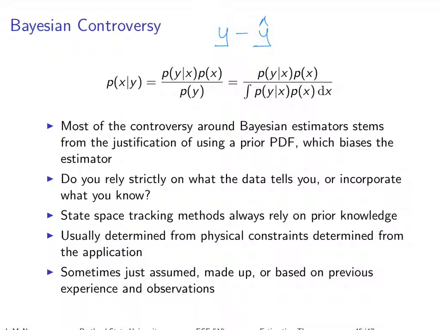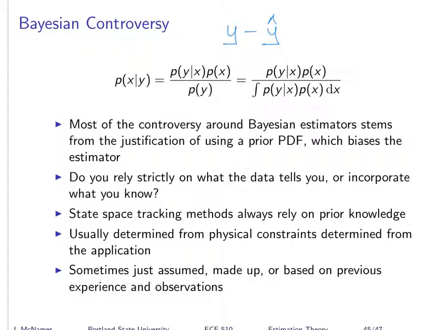Again, there's some controversy about this. I joked last time that you wouldn't want me to grade as a Bayesian. If I had prior impressions about all of you, and whether you're an A student or a B student, you probably wouldn't want me applying that prior information in calculating what your grade is. You'd probably want that to be a maximum likelihood estimate. And that kind of gets at the root of the controversy around this.